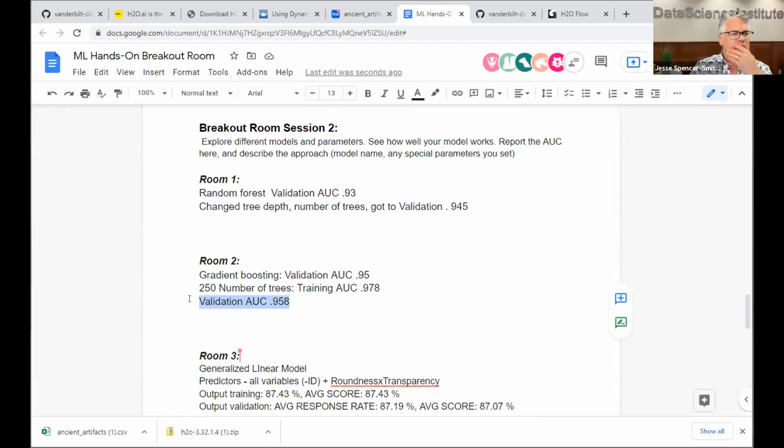And actually, it looks like out of all of these models, this was the best performing model. So Dr. Bell and Umang and Preston, let me ask you all, does this mean that we should always use gradient boosting? No, of course not. Gradient boosting is just one of many different methods you could use.